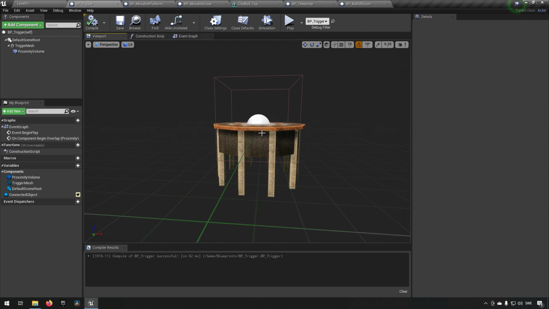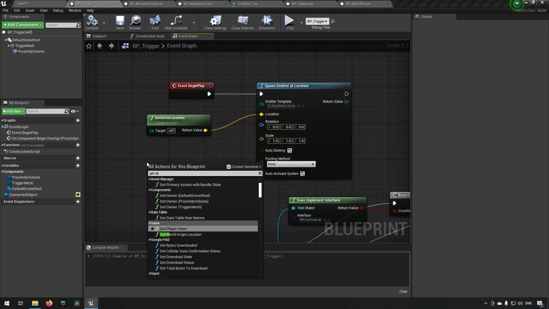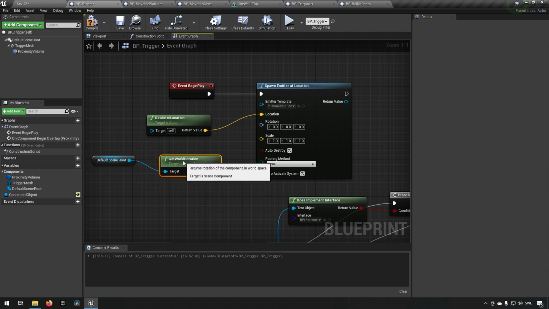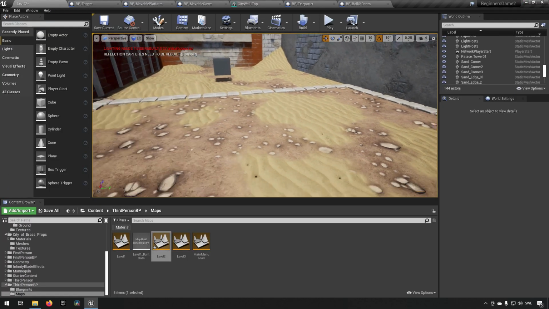But this object can be rotated in the world somehow, and since it's a world rotation that we want to take into account, then what we do is we get the world rotation for example, our default scene root, which is the root over here. It doesn't actually matter that much in this case because our mesh is also facing upwards, so that would also work. But if we do something like this, and go back to our level,